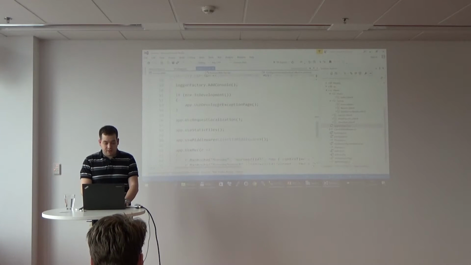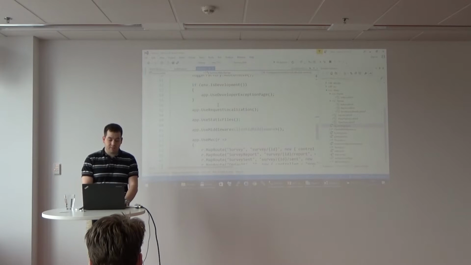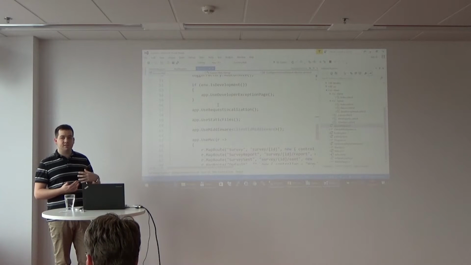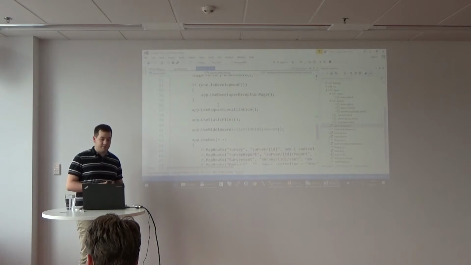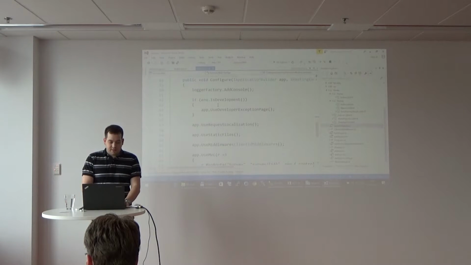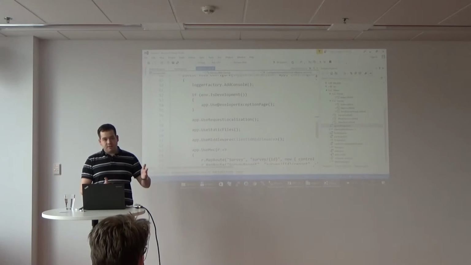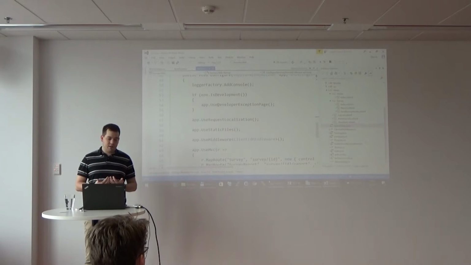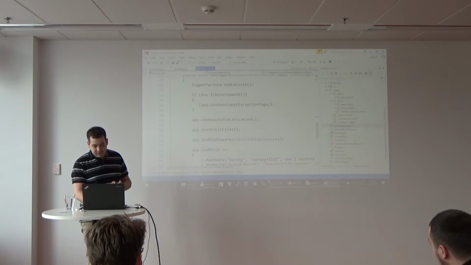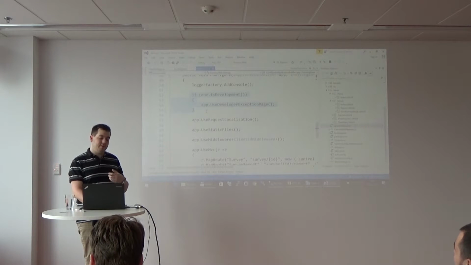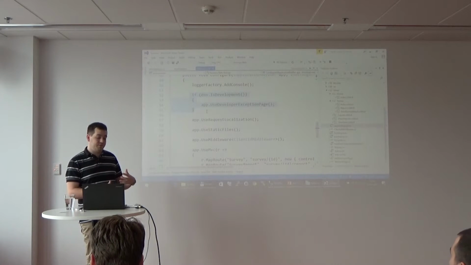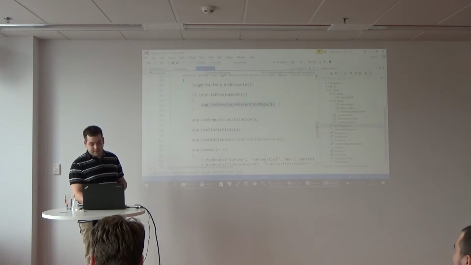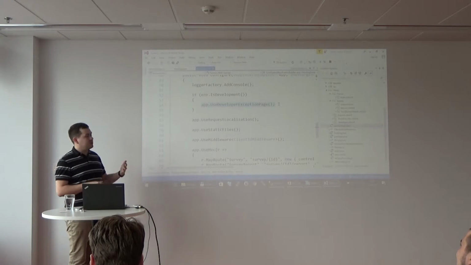Okay, so the last part is maybe the most interesting because it defines what happens when a request is received and needs to be processed by your application. You are defining a chain of so-called middlewares that will process your request. The first thing is that if I'm in the development environment, which is another feature, you can define environments, then I use the developer exception page.